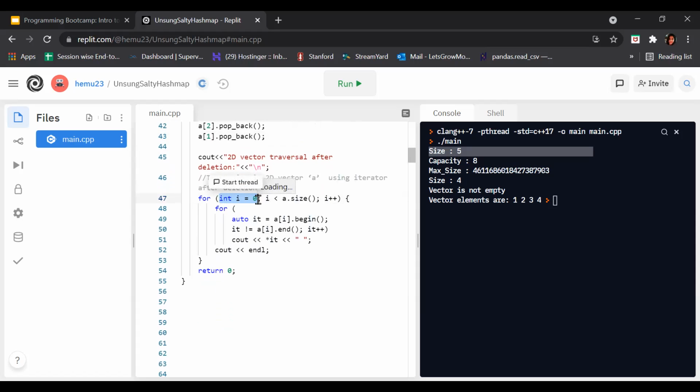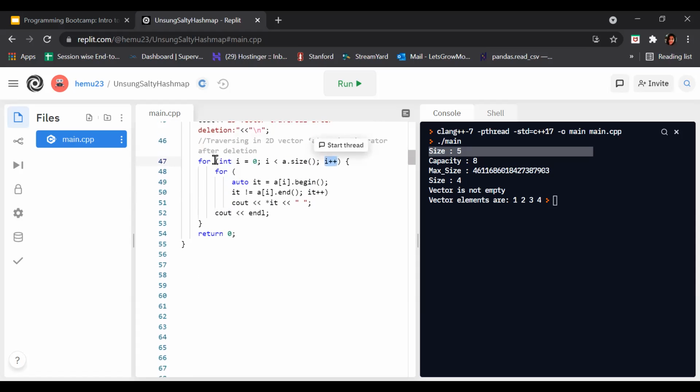What does it say? It initializes the integer variable i to 0, and after that we have a test expression saying i should be less than a.size. If this condition comes true, it will jump into the for loop again, otherwise it will terminate out of the loop, and we have an update expression which increments i by 1.